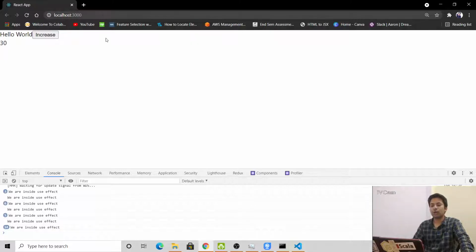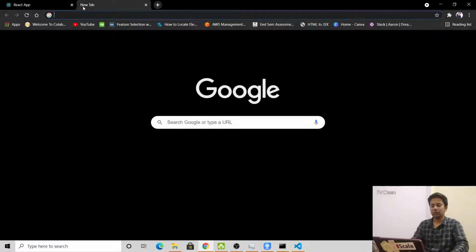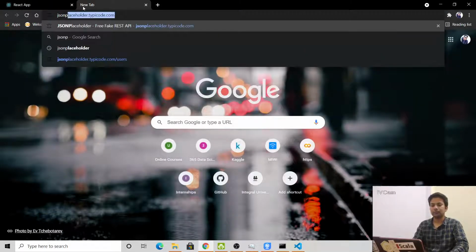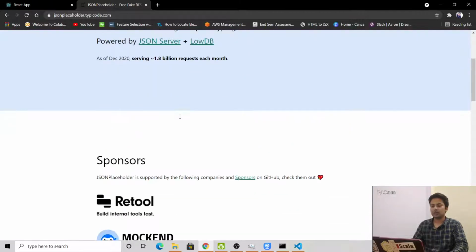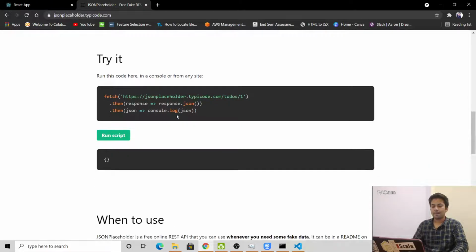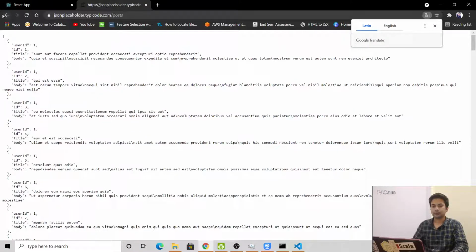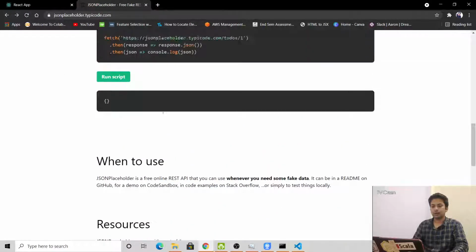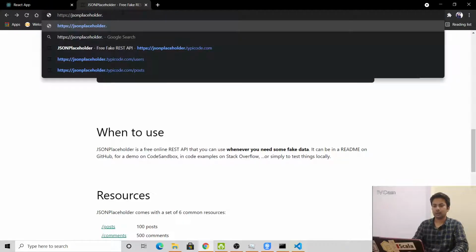Suppose you want to fetch a URL, obviously you will be fetching the URL from here also. So we can use JSONPlaceholder, we have an API there, the posts endpoint. I think this is the API.